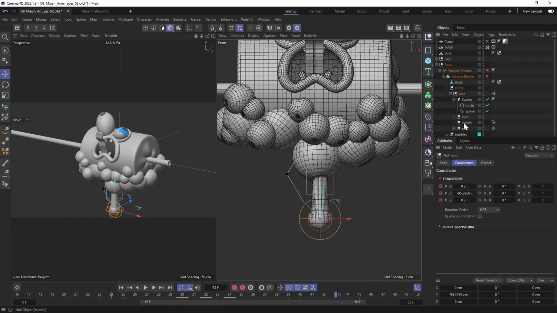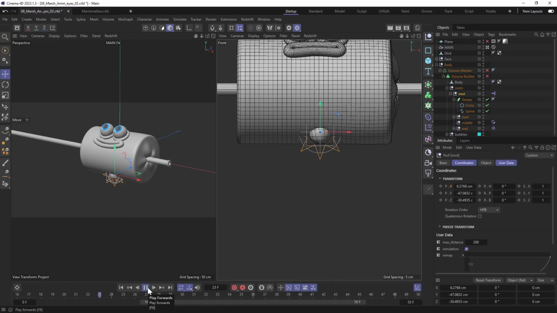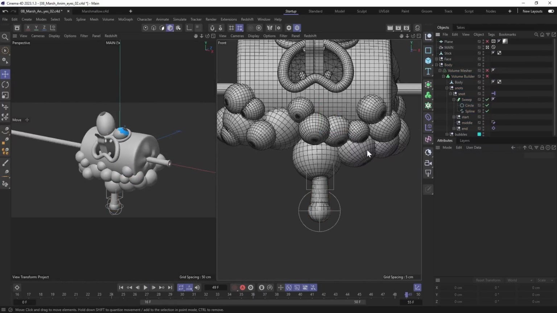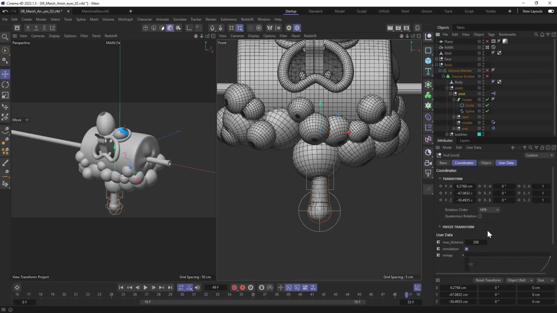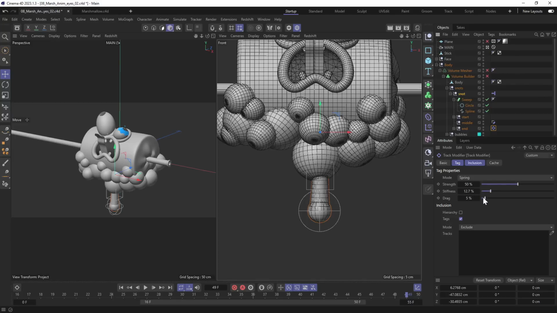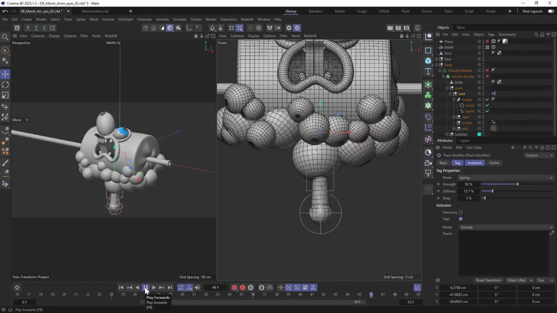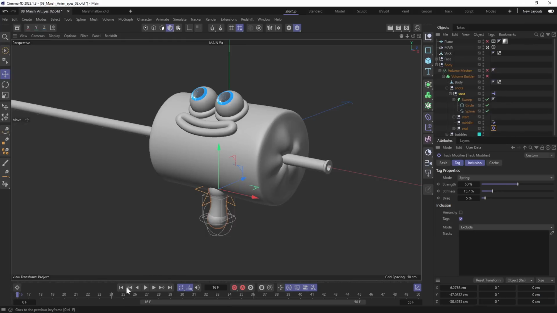Now let's see how it looks with simulation enabled. I'm gonna use user data we created. I don't like how simulation looks for now, so I have to tweak the parameters of the track modifier. As you see, it is good that we didn't make a lot of copies of this node. We will fix and animate one and then we'll start to duplicate it.